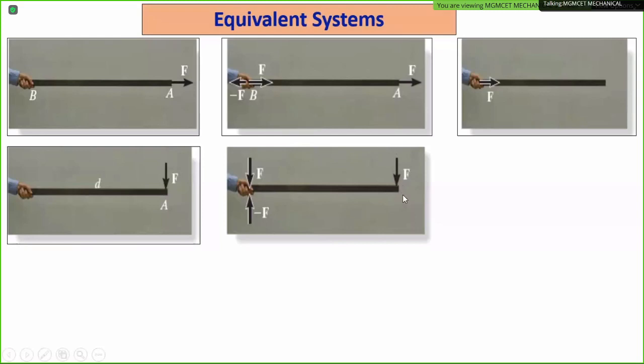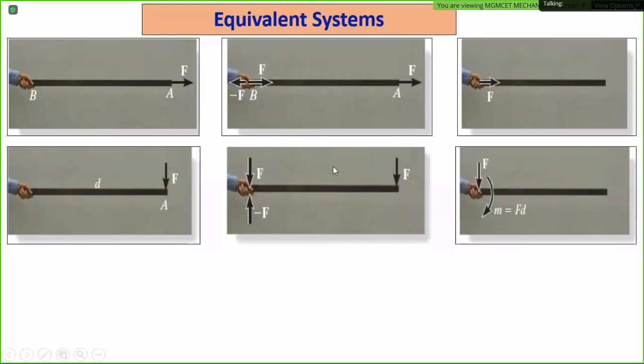Couple क्या होता है? Couple कैसे होता है? Magnitude of the couple कैसे है? Moment of the couple is what? Force into distance. तो दोनों को मैं reduce करके couple में final figure I will get like this. ये force as it is रहेगा and these two forces F acting in the opposite direction forms a couple of M, which is nothing but F into D, and these two are the equivalent system. So F acting at A can be shifted anywhere at a point on the body along with its moment, right? So these two are the equivalent force system. So in sometimes question last step you have to find out the equivalent force system. It will be more clear from the last diagram.